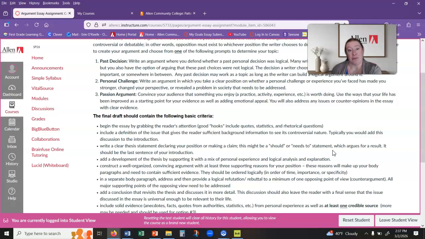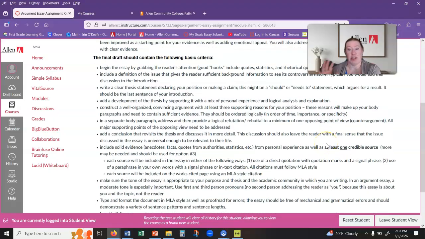So the essay itself has basic criteria. The introduction is going to really grab the reader's attention and give us all that background information. The main thing we want to see in the introduction is, why is it controversial? Why are there more than one viewpoint on this topic? The thesis statement is primarily going to be either a should or needs to statement, but there are also some options for just stating your claim or position.